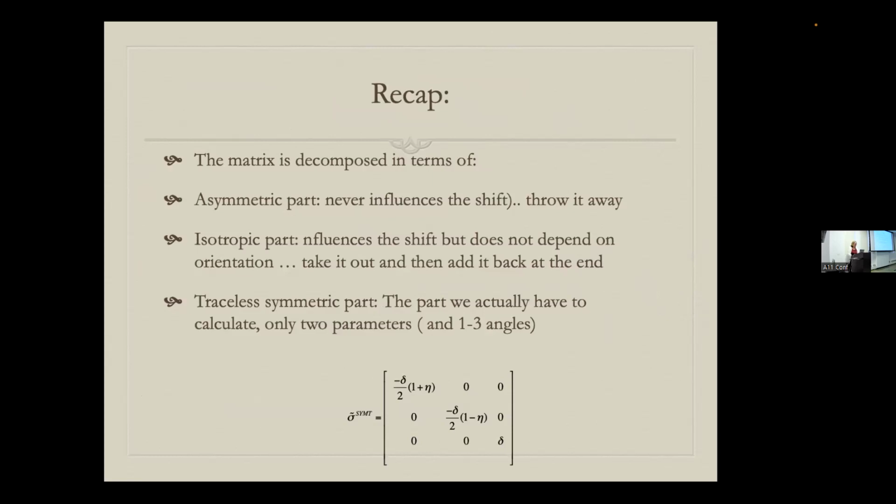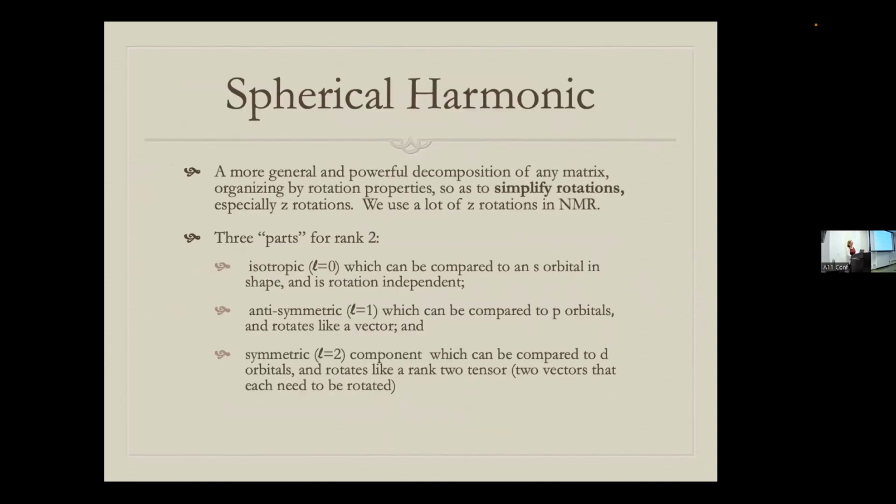So this is just a recap. A matrix is always decomposed in terms of antisymmetric, isotropic, and traceless symmetric. And the traceless symmetric is where the orientation dependence comes from and could be summarized with just two numbers. Now, there's a better decomposition than that. That was useful to do. It makes you see the relationship to experimental data very clearly. But